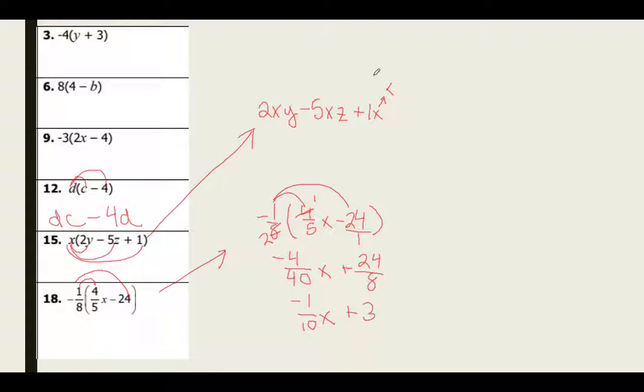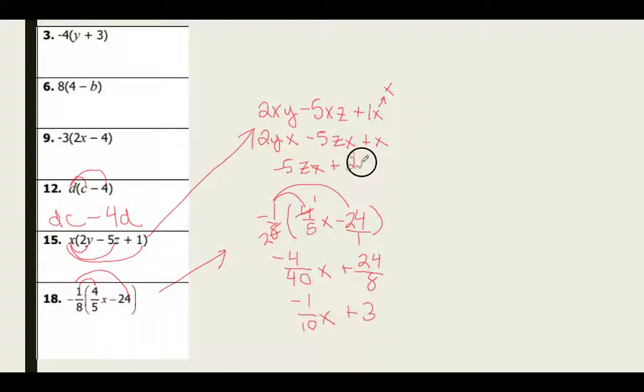Okay, so hopefully you had something like this. And again, we're going to talk about the other ways that you could have written this. 2xy minus 5xz plus 1x, or just x, which is a lot easier to write. You could have also had 2yx minus 5zx plus x. You could have had minus 5zx